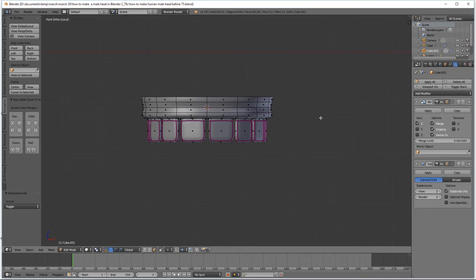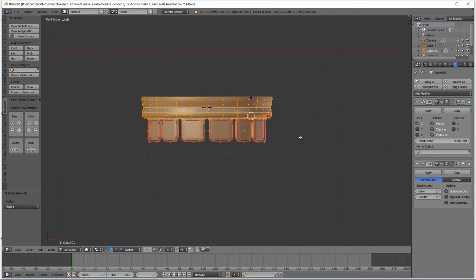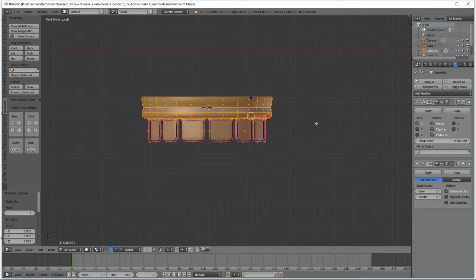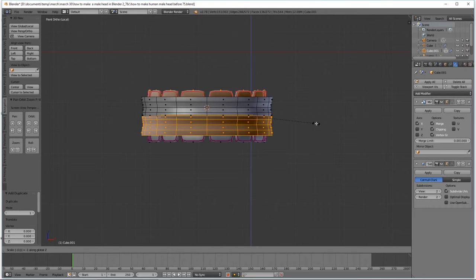Okay, what we're going to do now is press A to select our geometry here. We're going to hold Shift, and then while holding Shift, press D. We just duplicated the geometry. I pulled it to the side a little just so I know that we succeeded in duplicating the geometry. We're then going to right click to get that geometry to jump right back. We're now going to press S to scale on the Z axis, -1, and then left click to lock that